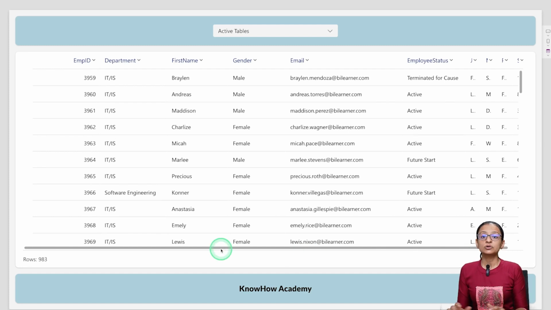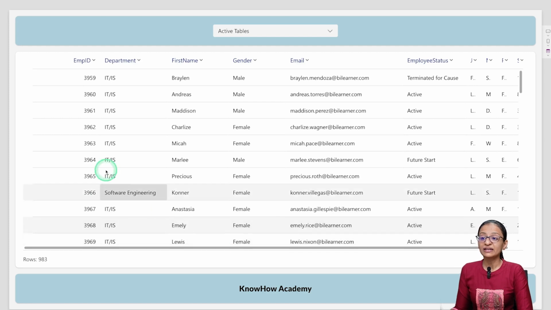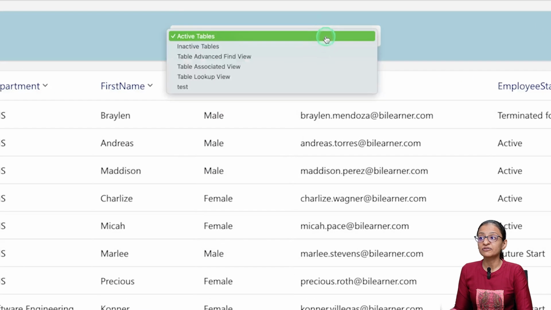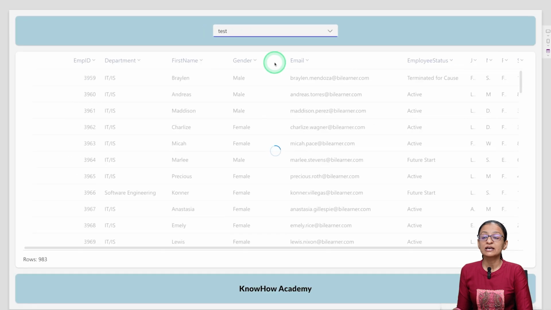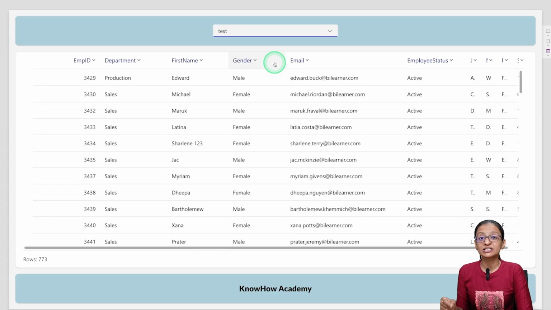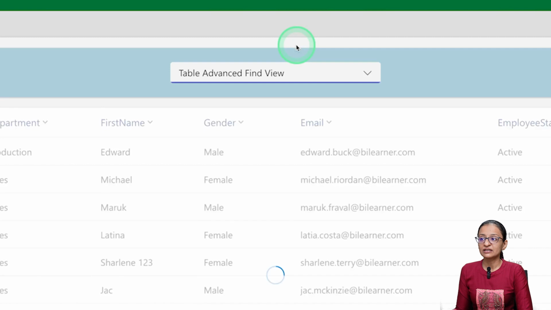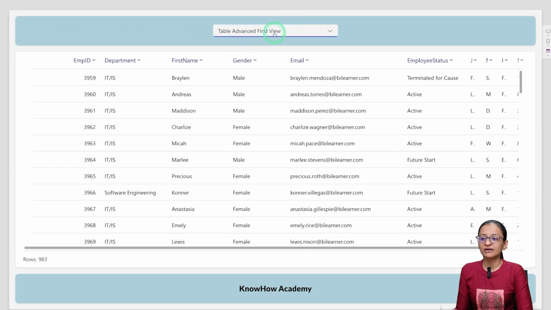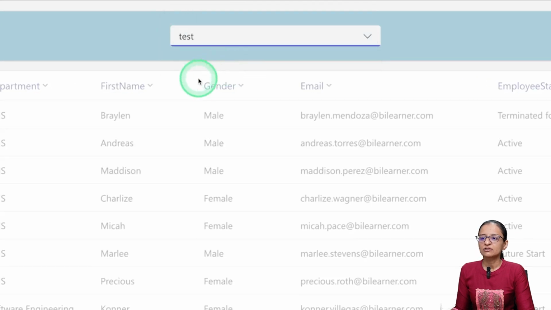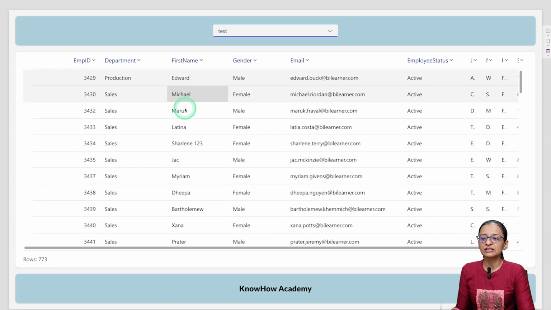Now, here you are seeing this information in a modern table control. Here the entire table data you can filter using this drop down list, which is displaying the views available in the Dataverse table. So here you can see the data is filtered according to whatever selection I have done. Now see here, if I select advanced find view, there is no change because I did not put any condition. But if you click on the test, you will see the data is filtered,